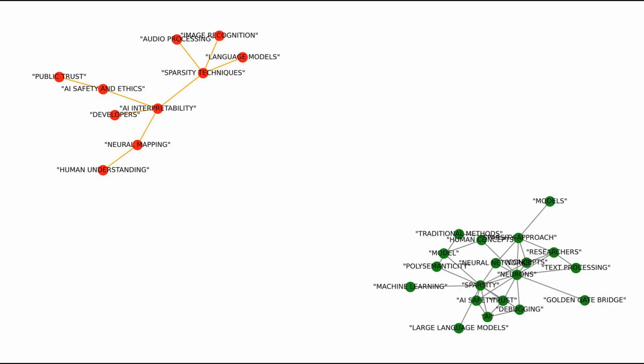AI applications. 3. Integration with other interpretability methods. Combining sparsity with other interpretability techniques could lead to more comprehensive frameworks for understanding AI behavior. This might involve integrating visualizations or feature importance measures with sparse activations to provide a fuller picture of how decisions